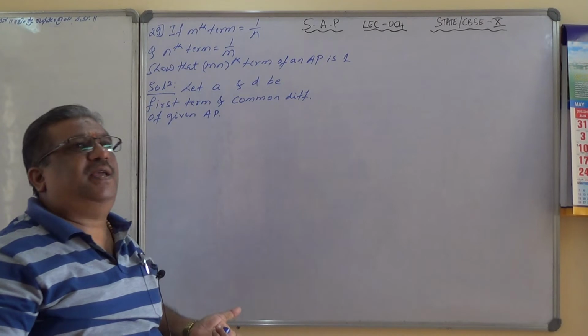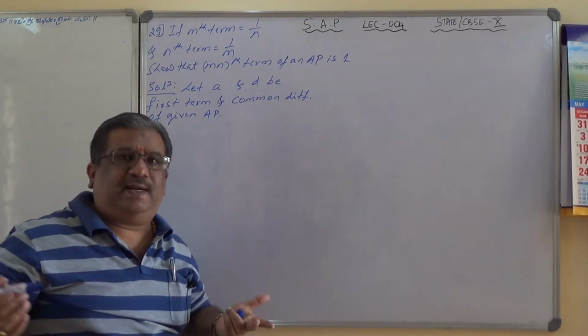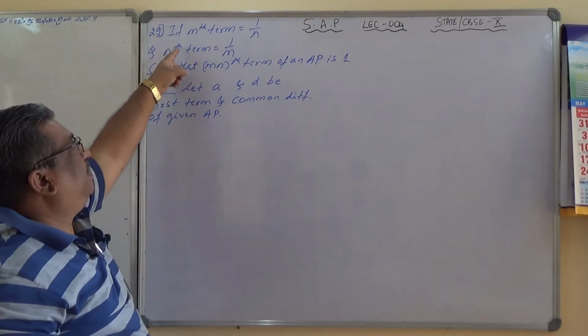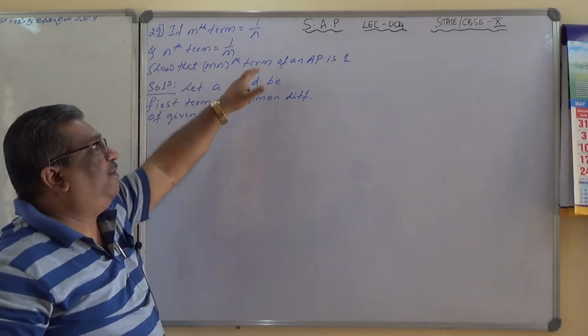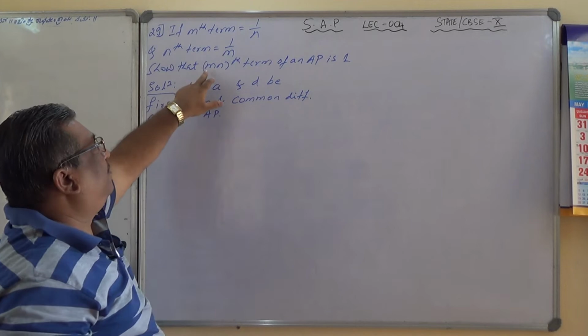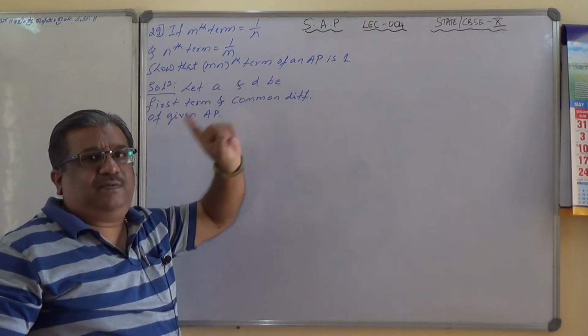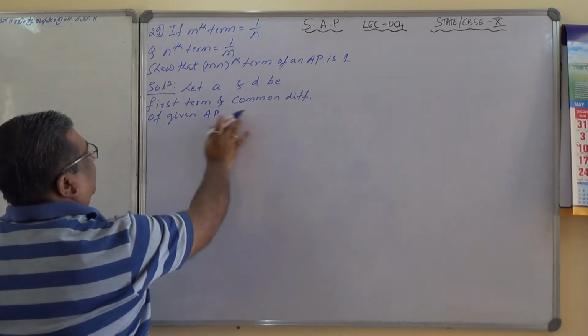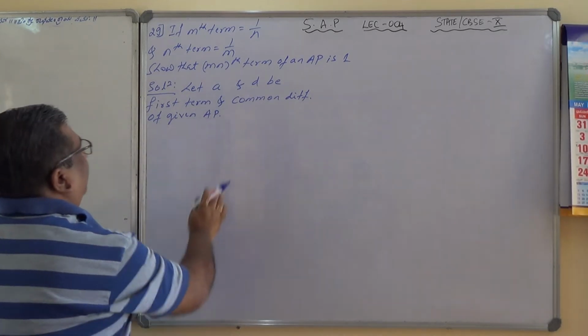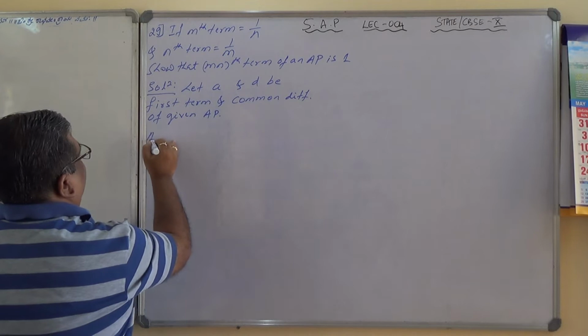They are not given the AP in the form of 1, 2, 3, etc. He says the mth term is 1 by n and the nth term is 1 by m for a given AP. In that case, you have to prove that the mnth term of that AP is 1. Okay. So let A and D be the first term and common difference of the given AP. Now, according to the question,